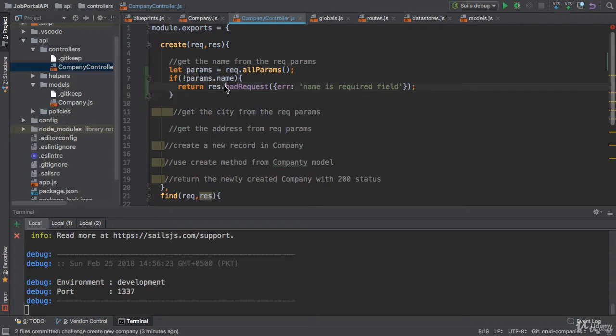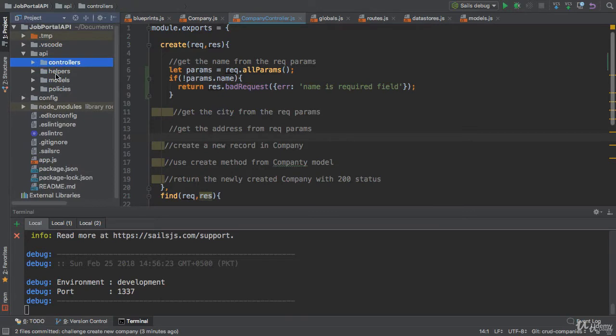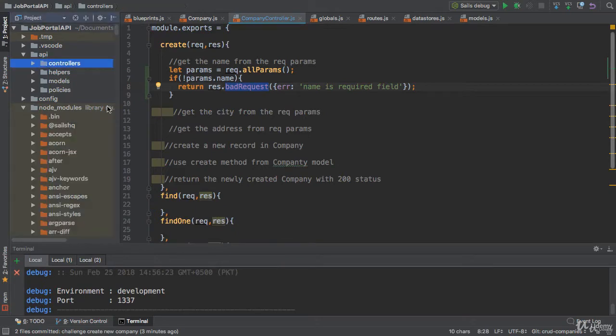So how can you get this bad request? If you're asking this question, if you go to the API, Sails has already created a couple of responses: bad request, server error. Let me show you first.